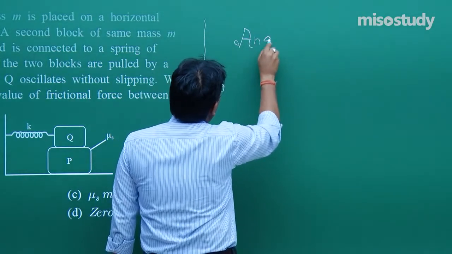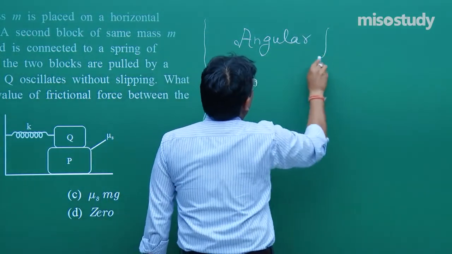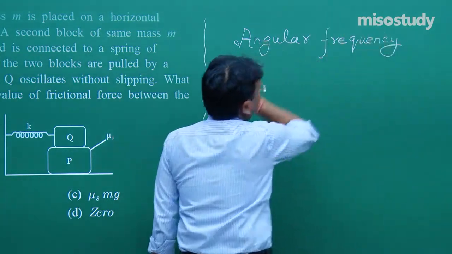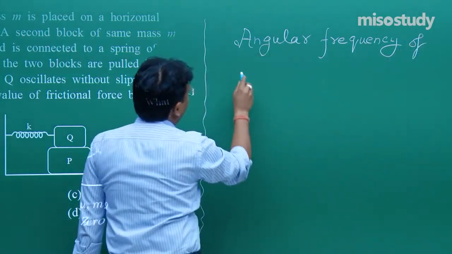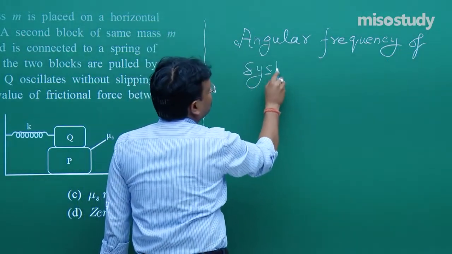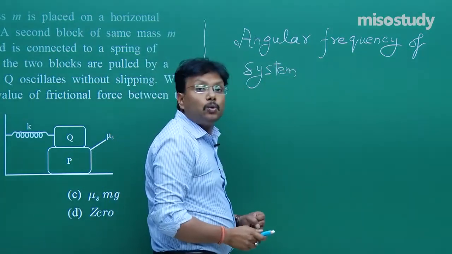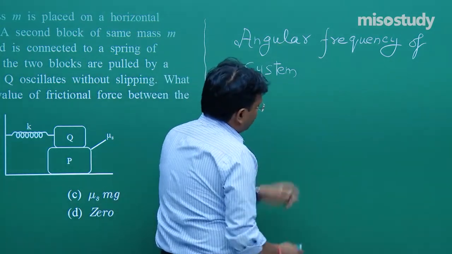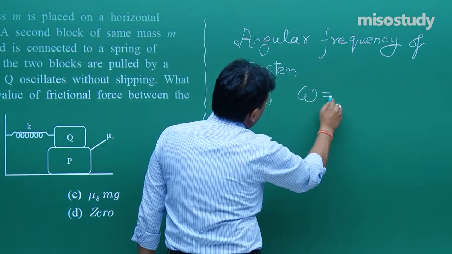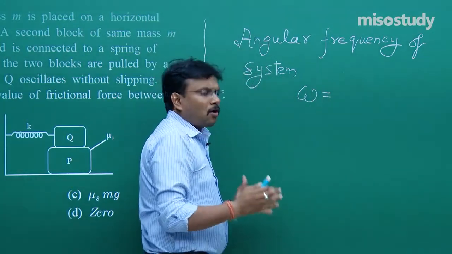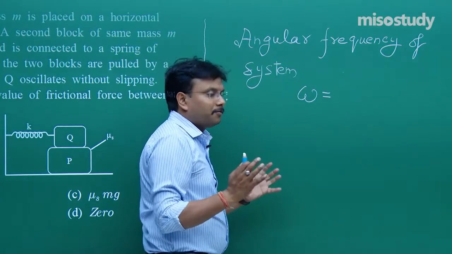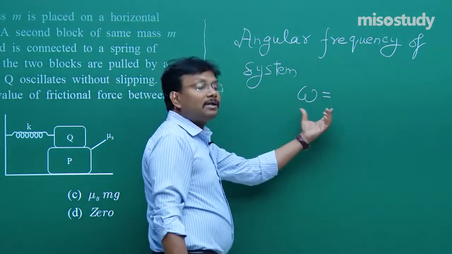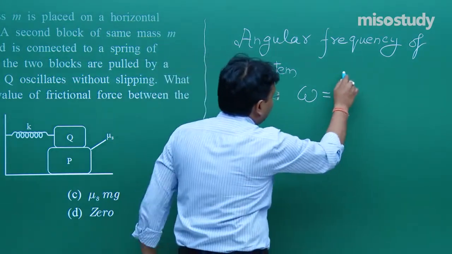Angular frequency, that is angular frequency of the system. System means P and Q together, these two blocks. So angular frequency of the system omega is equal to, because the concepts of basics of this oscillation chapter, I hope you are continuously revising, so directly I am writing this equation, that is